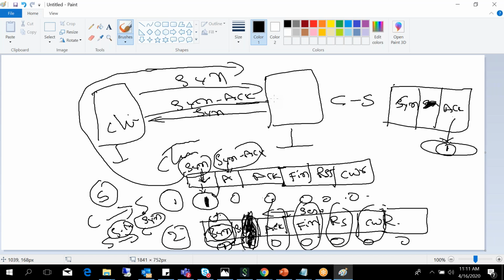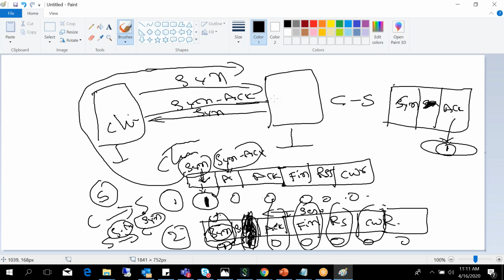From the server's response, two flags will be set: one is the acknowledgement field, and another is the server's own synchronization packet. So the two fields have been set here. The third one is client to server. So it's like a mutual understanding between a client and server.